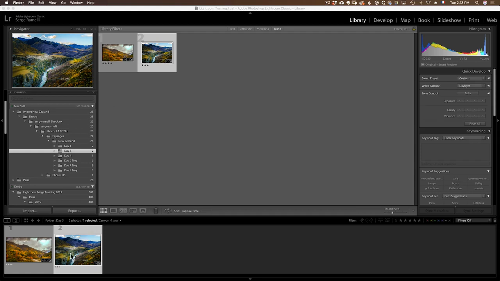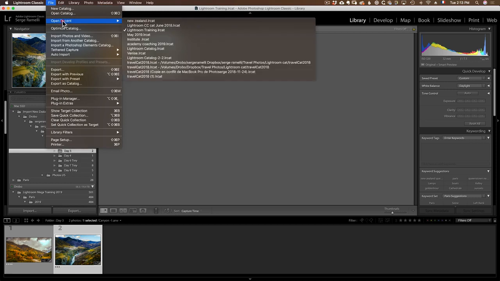So let's say I've been traveling and I've been retouching my photos on my catalog, which is really cool. All I have to do when I come back, because Dropbox is working all the time, and this is, again, $75 per month to pay to Dropbox. You really have to be a professional to pay so much money for that.